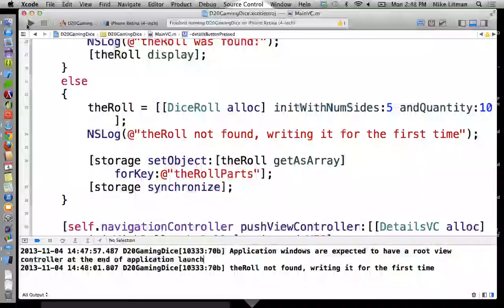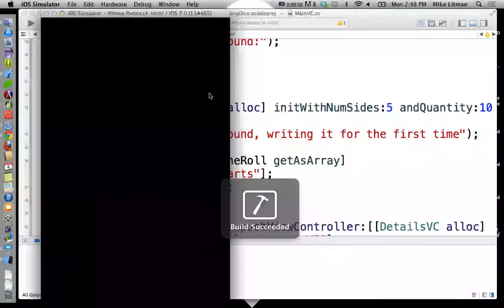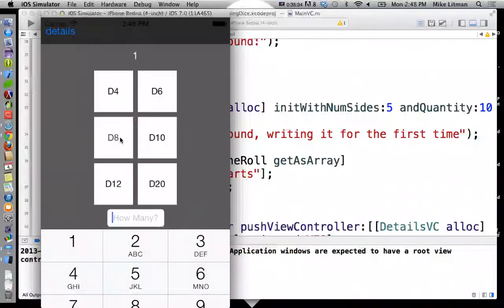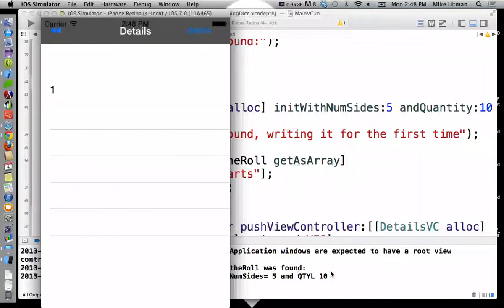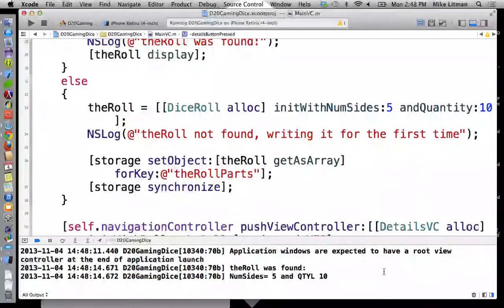We'll run it again. Oh, it doesn't matter. There's our found, 5. It's kind of bastardized quantity a little bit. But this is street slang. So we used an NSMutableArray to represent our dice roll. That makes sense? So what we want to be able to do, now taking this as our starting point,